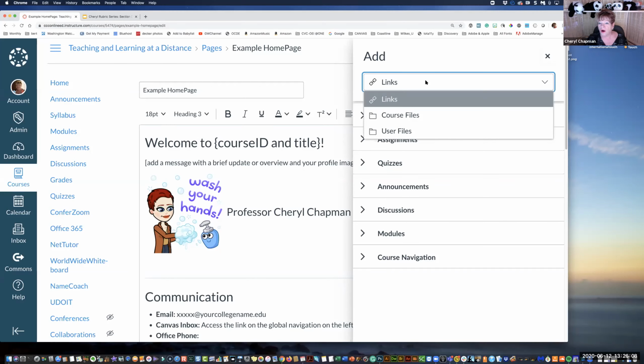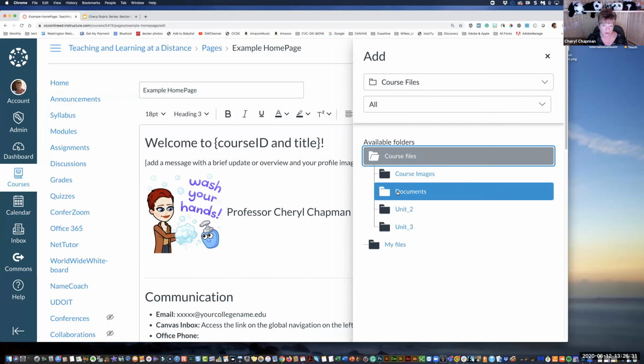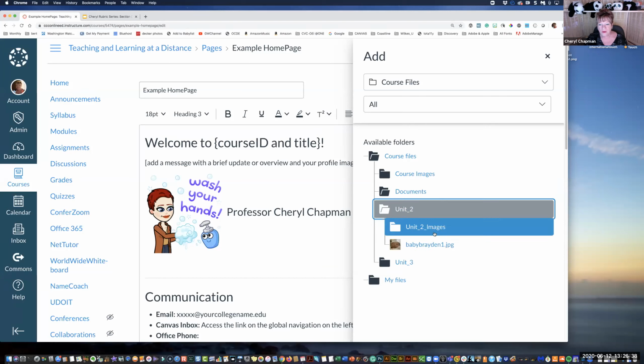I want to show you also, though, I can go to my course files, and user files are something different. But the course files is your file folder, right? Where you've stored all your documents before. So if you have a PDF syllabus, which is accessible, that might be in your course files. And you can click on that and find your document. And I'm just going to show how that works. Okay, you'll find your documents in here. Probably don't even have a document in here. And then you would link it,